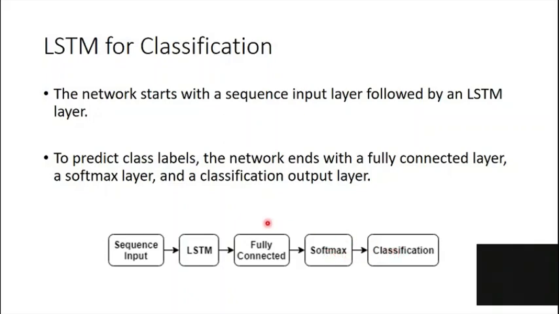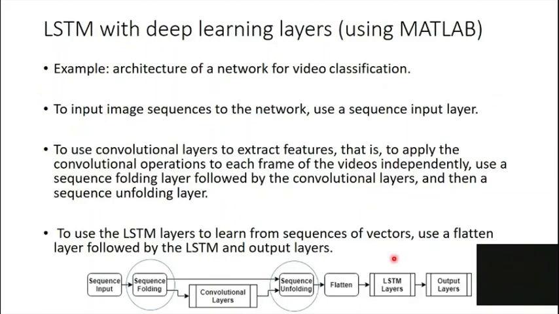This can be used in cases such as, say, you want to classify sentiments, right? Like many to one kind of sequences, or you want to identify spam and non-spam messages. We will do one example of that in the next lecture. So the idea is that you input the sequence, the LSTM model learns the dependencies, the fully connected layer also helps in the learning. Softmax layer is used for identifying the classes, and then you have the output classes.